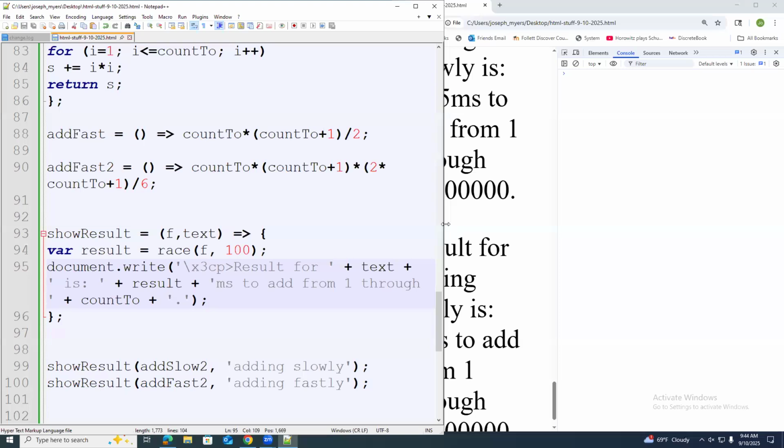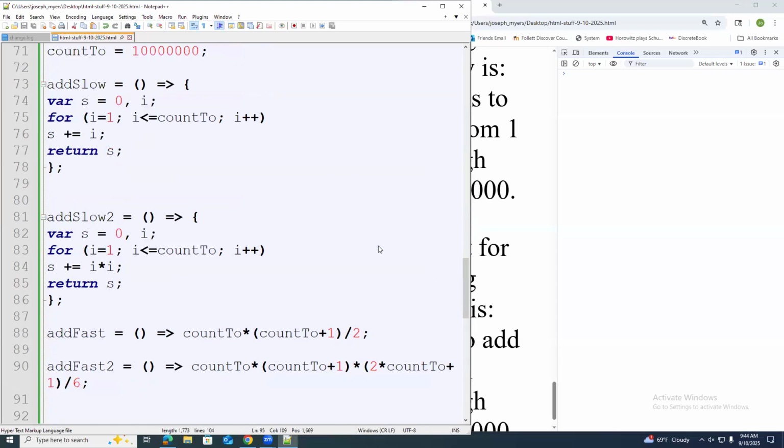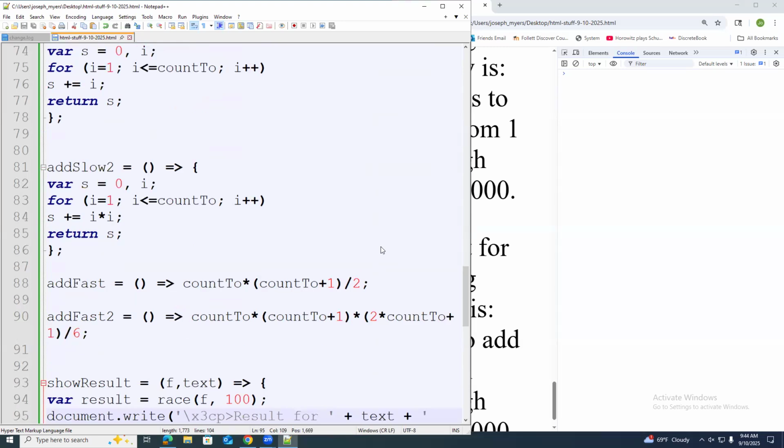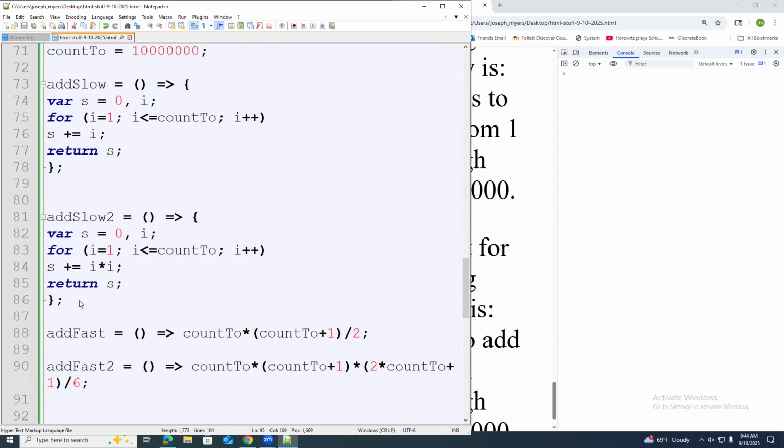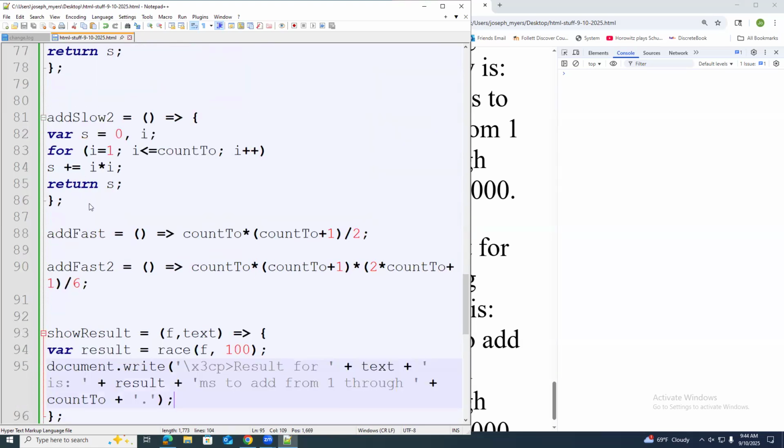Okay, so your challenge is, I'm going to tell you the formula actually even, but you have to copy this code. I'll give you the code even, you copy all the code, and you just have to add one more function called add slow and add fast 3. So just like I said, add slow 2 equals this, and add fast 2 equals this. You're going to copy this code and change it to be add slow 3. So you're not going to delete the old one, you're just going to copy onto it.